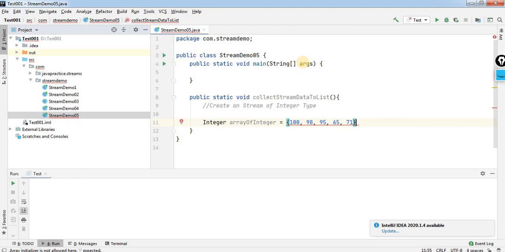These are the values that are available inside the array. So let me provide the proper symbols and then use the semicolon.